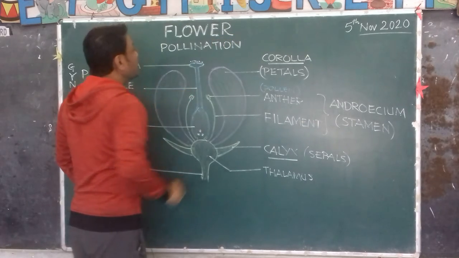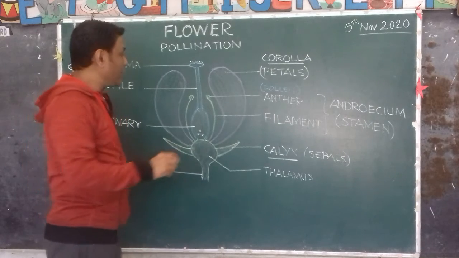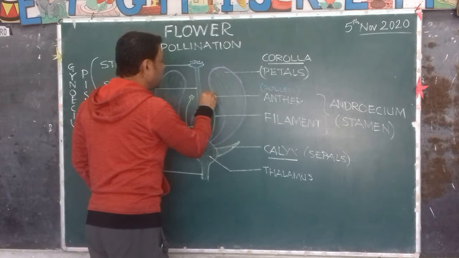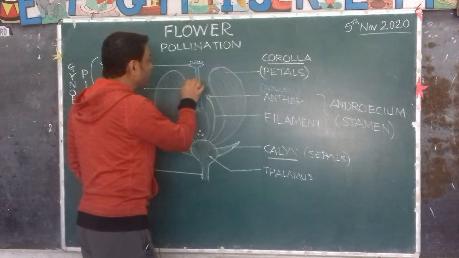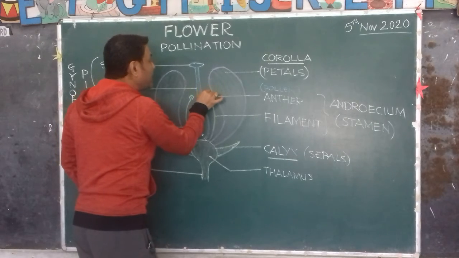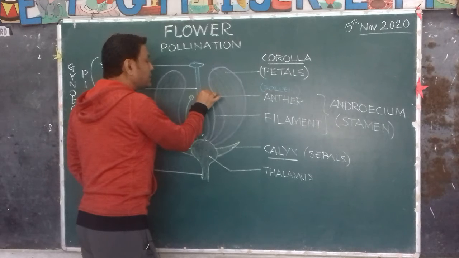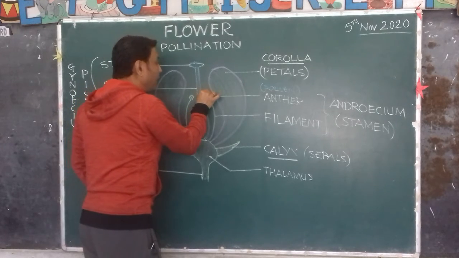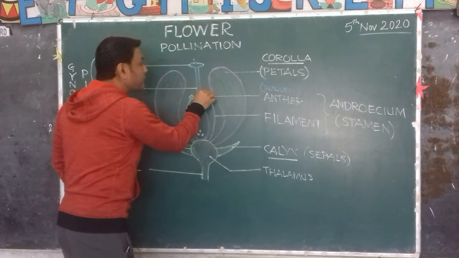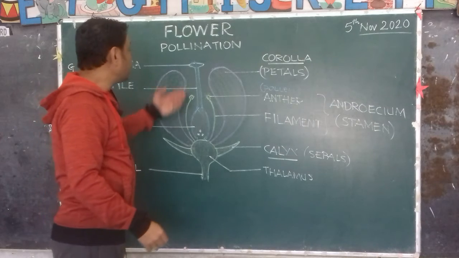What is pollination? Pollination is simply the transfer of pollen grains from the anther. Anther, as I told you, contains pollen grains. Now for sexual reproduction to take place, the pollen grains must get transferred from the anther to the stigma. Pollen grains always get transferred from the anther to the stigma, and this process of the transfer of pollen grains from the anther to the stigma by various methods is known as